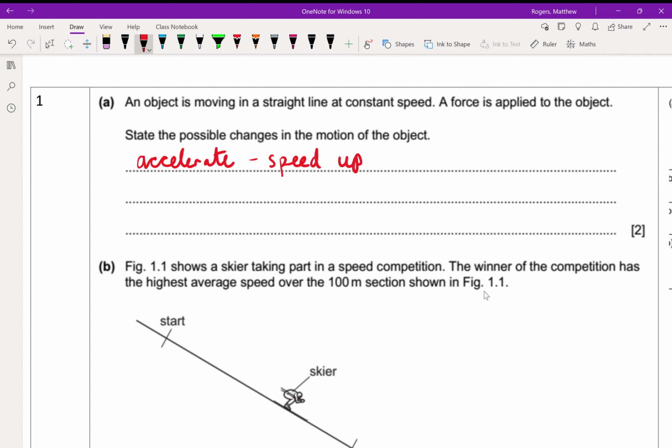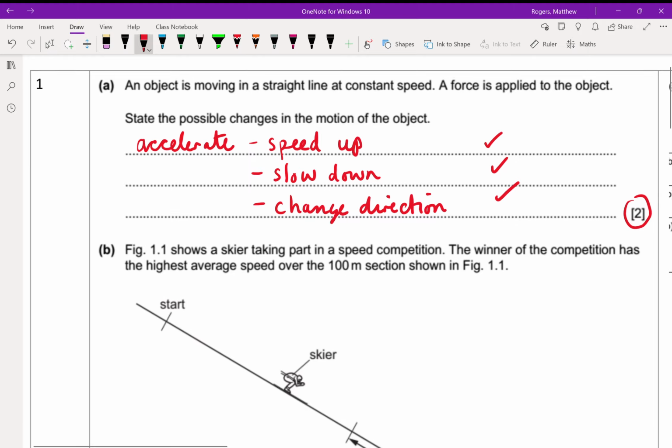Another way it can accelerate, but a separate answer, is to slow down. If you wrote change speed, I think either of those could cover that. And then the third point that we could write down is about it changing direction. So a resultant force can cause something to change the direction it is travelling in. This is only for 2 marks, so any 2 out of these 3 options here should be good for the